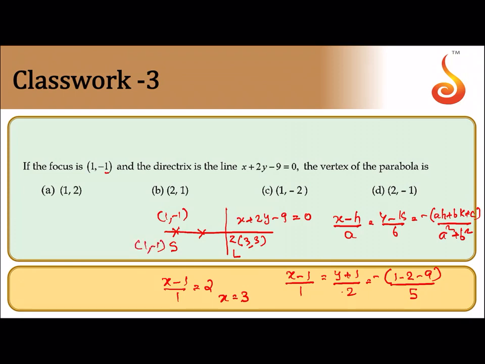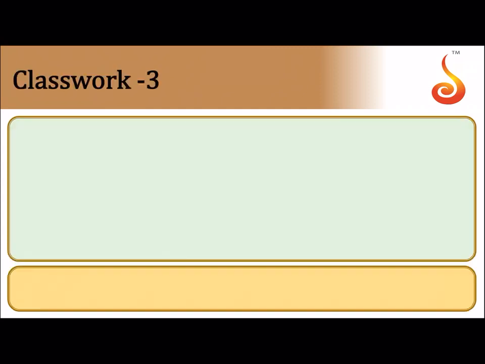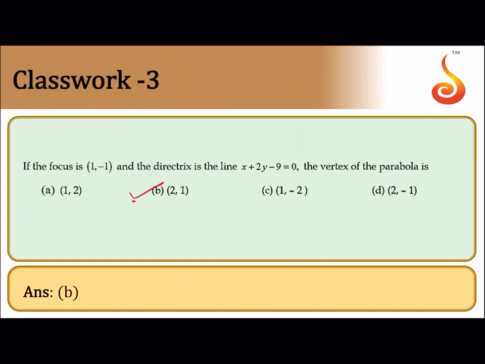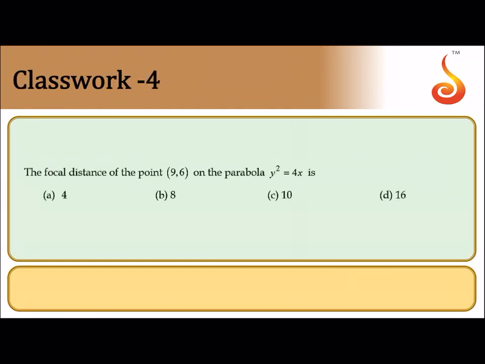So the midpoint of S and Z will be this point. This is (1, -1), already I wrote. 1 plus 3 is 4, so this point becomes 2. And minus 1 plus 3 is 2, which becomes 1. This comes to (2, 1). So (2, 1) is the correct answer. This is the foot of perpendicular definition. You understood how we applied it. Similarly, you can calculate the y value. So option B is correct.